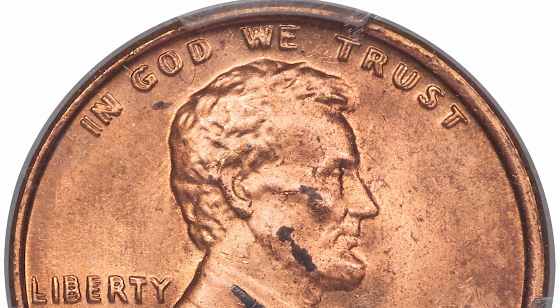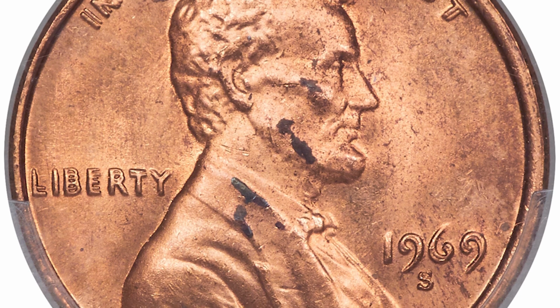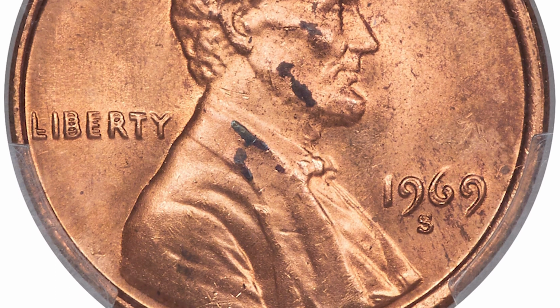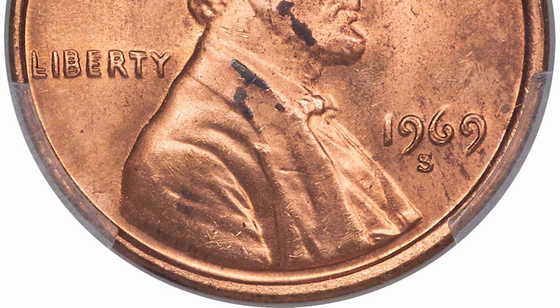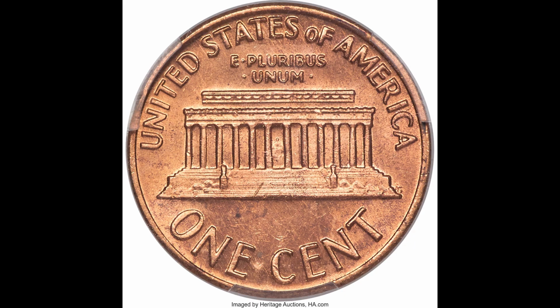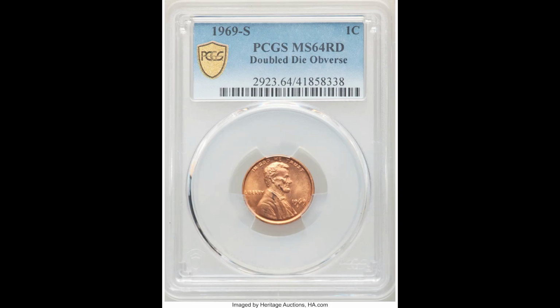It could be better overall. If you look at Liberty, In God We Trust, and 1969 on the coin, you're going to see that there is pretty obvious doubling happening there. And that doubling is going to rapidly increase the value of this coin because this type of doubling you're able to see without a loupe. You don't even need magnification. That's how obvious the doubling is on this type of coin. Combine that with the fact that it was graded so highly by PCGS and it has the overall red color to it, this coin sold for